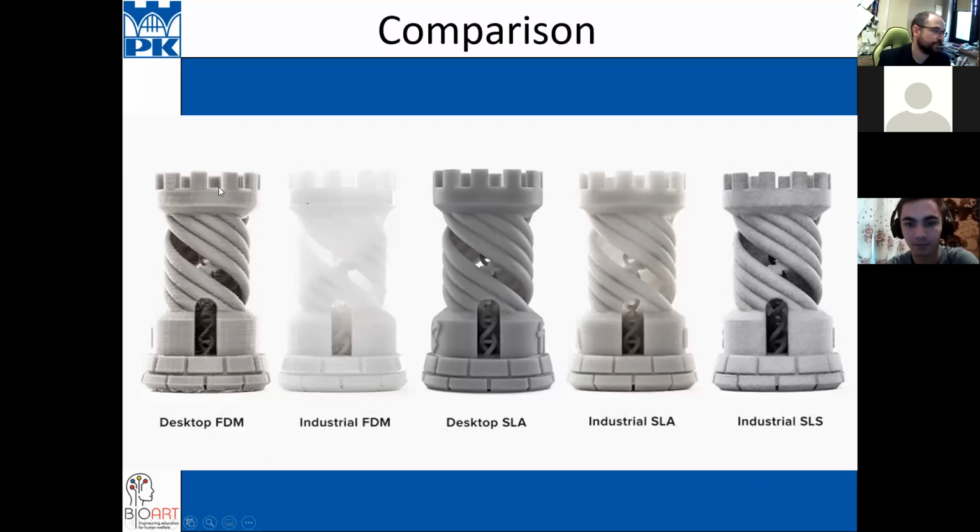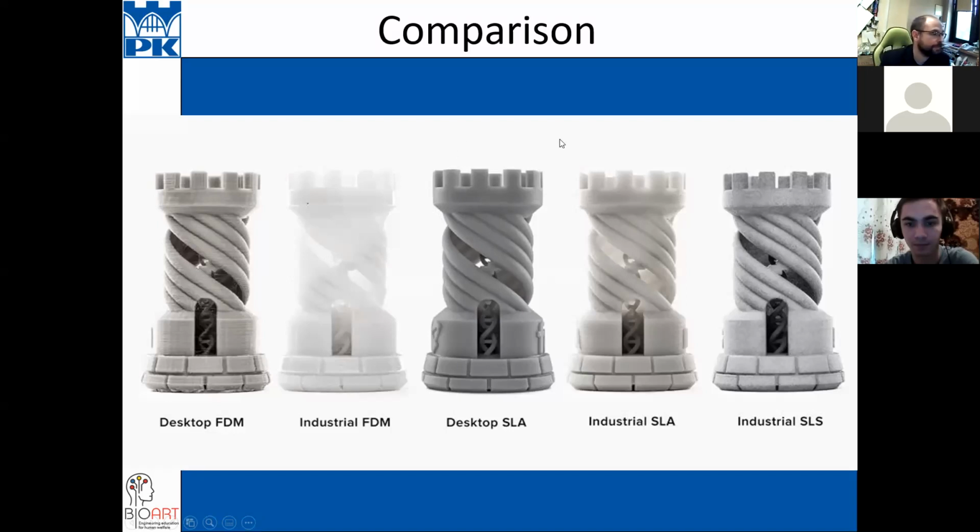On the first look, we see the layers are much higher, like in this case.